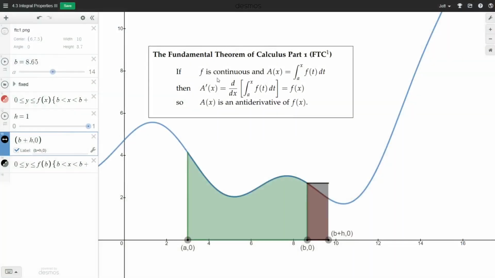We now have this conclusion of the fundamental theorem of calculus, or what we'll call part 1 of our fundamental theorem. This graph provides us with an idea for a proof. There's some technical details we have to worry about, but this graph should help convince you that the fundamental theorem of calculus is true. What this means is the derivative of our area function is our integrand, little f, so our area function, big A of x, is an antiderivative of f of x.